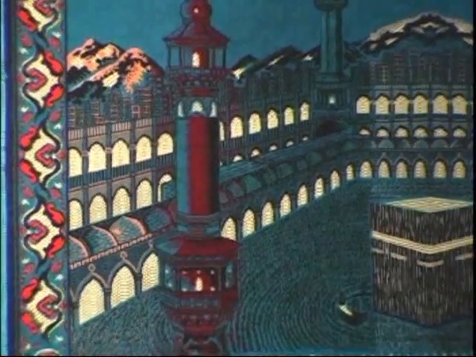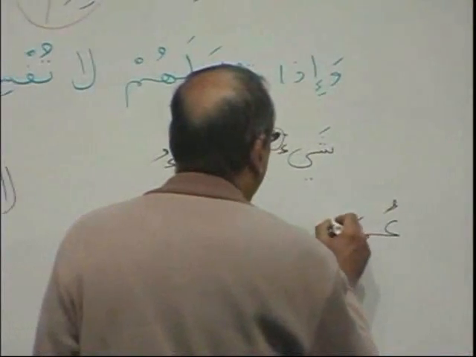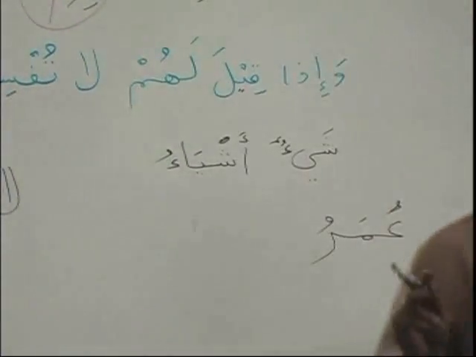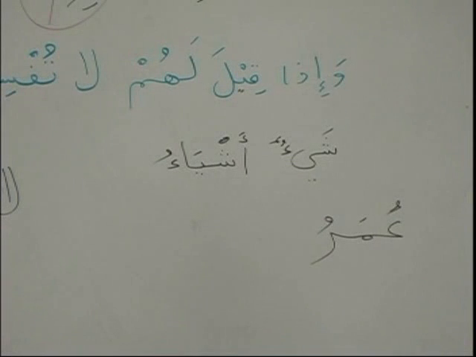Brothers and sisters, there is a lot to learn about this form of noun. There is a lot to learn, and inshallah we'll read the key and I'll let you highlight some things. Umar. It is actually Umaru. This is also diptote. Decline it, brother. Umaru, Umara, Umara. We have to remember that. Fine.